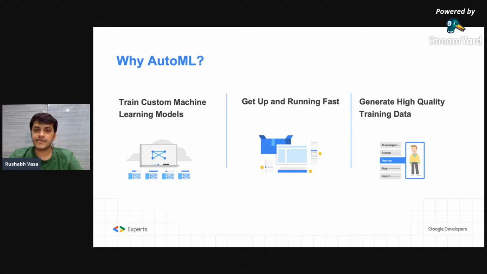You can use this simple graphical user interface to train, evaluate, improve, and deploy models based on your data. It takes only a few minutes to build a custom machine learning model. Google also has a human labeling service which puts a team of people to work on annotating and cleaning your labels, but that's an enterprise service, so it's a paid service by Google.